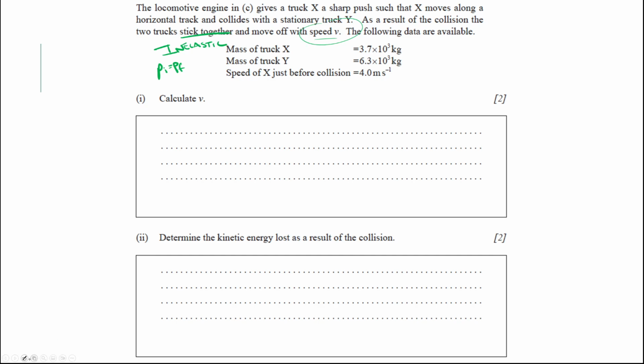Okay, always make a sketch with these. Sketching this will help a lot, even if you think it's a simple, straightforward one. It doesn't hurt to make a little sloppy sketch and be like, okay, I start with X going this way at, what was it, 4 meters per second. And this guy is 3,700 kilograms. It's going this way, and I got truck Y, call it U. Initial speed is 0, 6,300 kilograms at rest. And then later, so you always make a before and after. So this is before